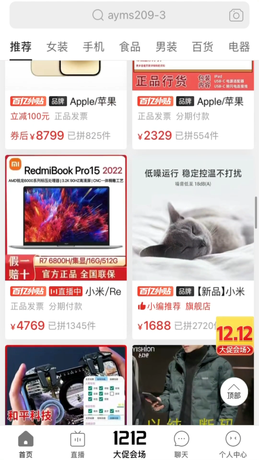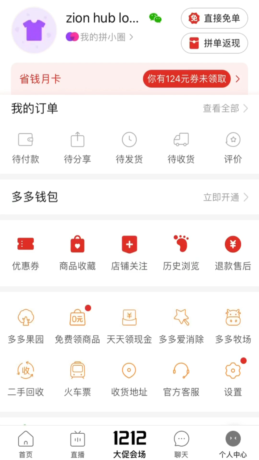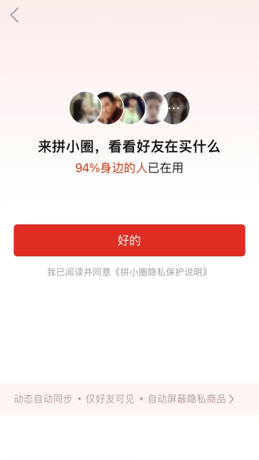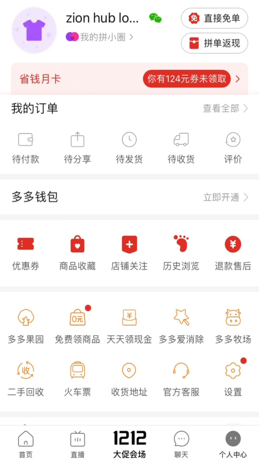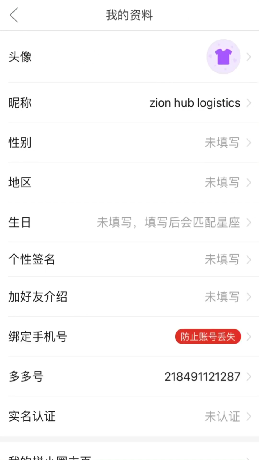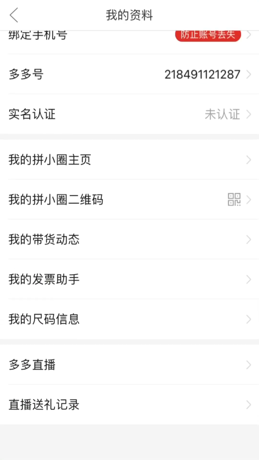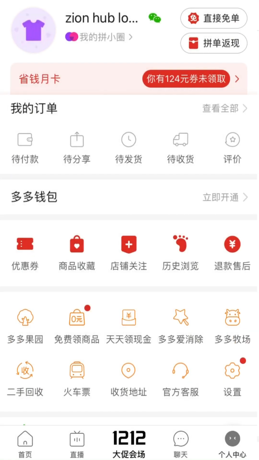Let me click on my profile for you to see what it looks like. You can see Zion Hub Logistics up there. Let me click on my main profile. You can see that this is my main profile and this is what it actually looks like. So that is how to create a